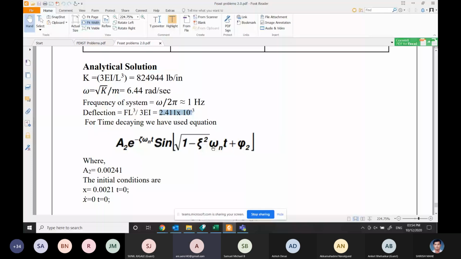So the complete complementary function is the static deflection times e to the power minus zeta omega n t times sine of omega d t plus phi.